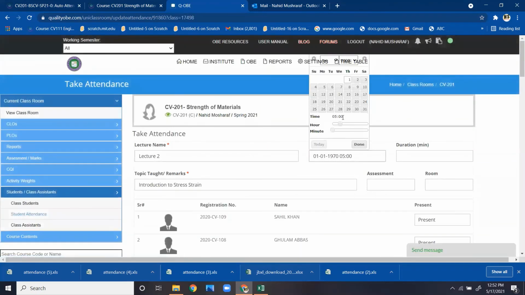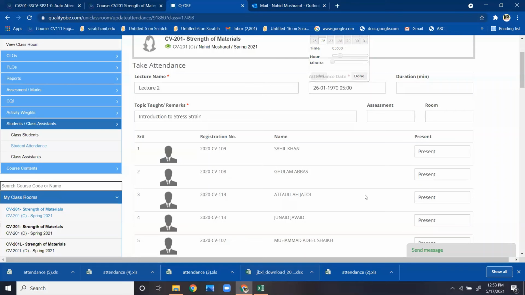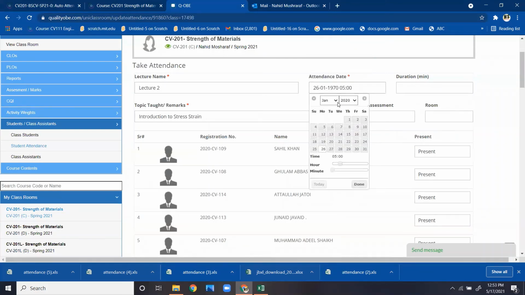So for example, you have taken this class on 26. Then again, it is making a problem. Now it is February 2021 and the timing was again 8:30.